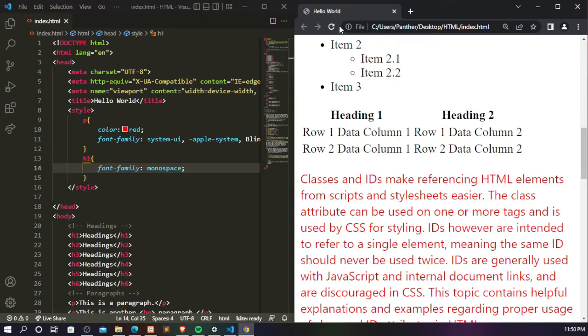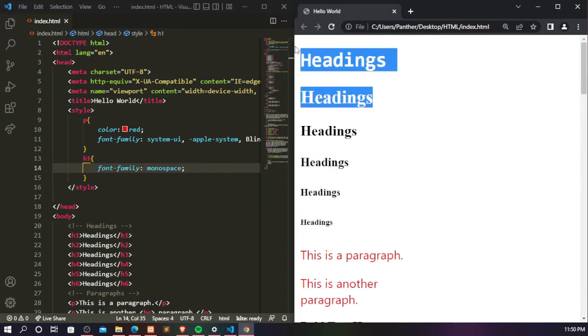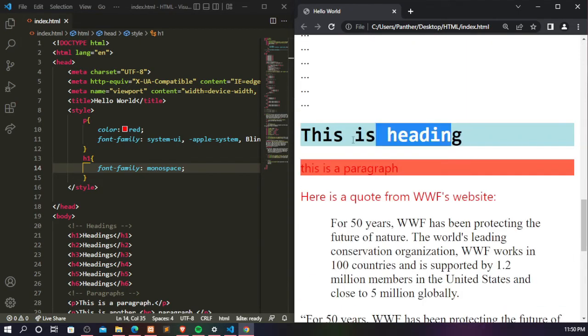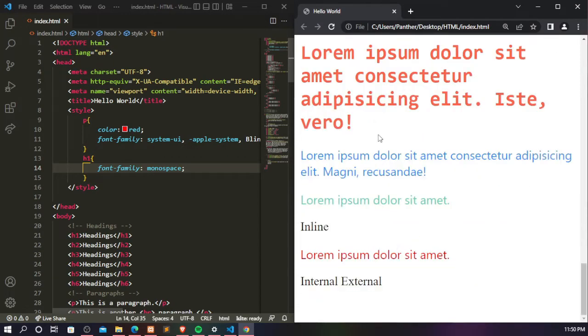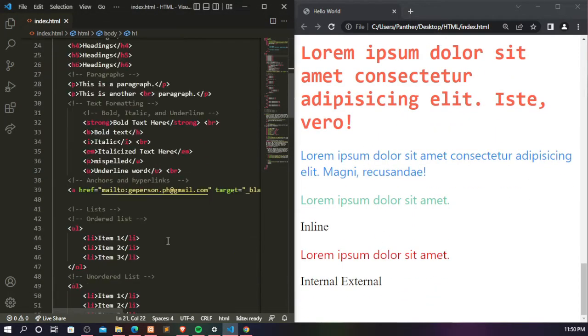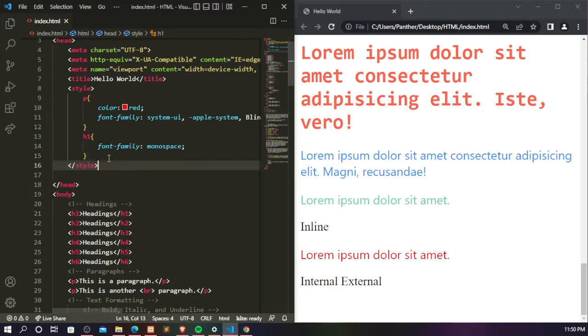Save, refresh. So lahat na each one yan, so bago yung style niya. So yan, so each one, lahat ng each one bago, diba? So yan, then yung muna siya ang